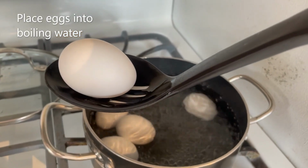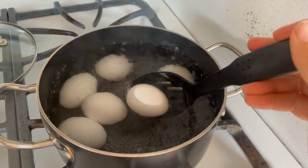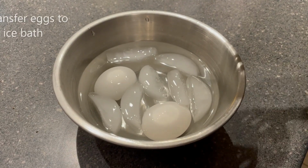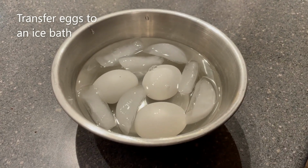Depending on how hard or soft you like your yolk, that'll influence how long you let them boil. I did mine for 7.5 minutes in the video. I later wished I'd done it for only 7. Once you're done cooking them though, transfer your eggs to an ice bath. That will stop the cooking process and also make them cool enough for you to be able to peel without